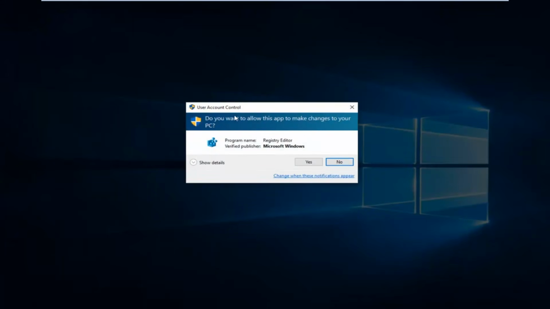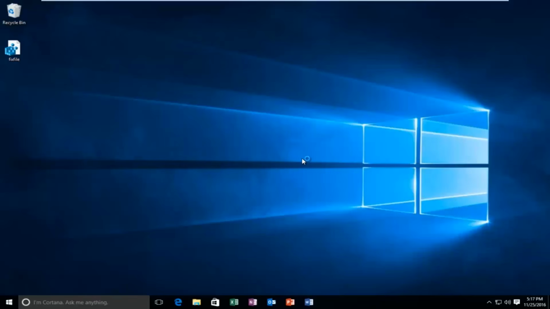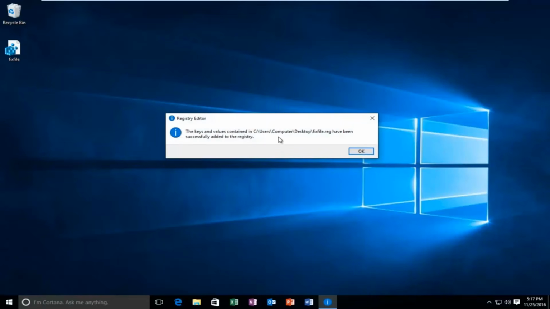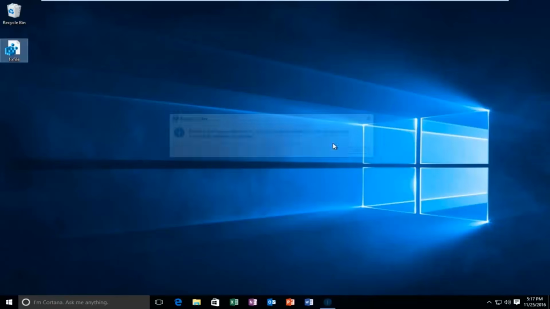Receive a user account control window, select yes. Whenever you modify the registry, you're going to get this notification saying that adding information can change or delete values and cause components to stop working correctly. Are you sure you want to continue? Select yes. The keys have been added successfully. Okay. So once you're doing that, you can restart your computer,